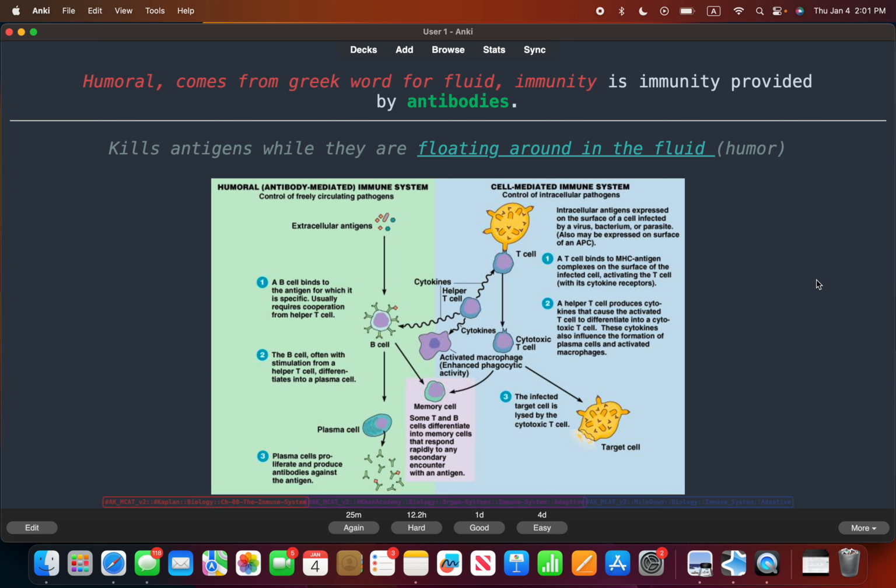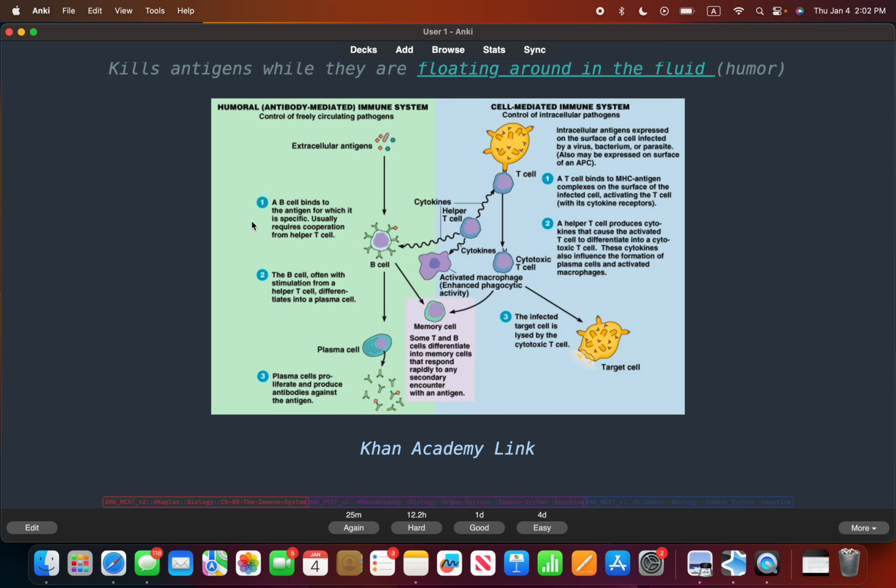These antigens are in the fluid in our blood, and the antibodies kill them while they are floating around. So on the left side, you can see that we have the humoral antibody-mediated immune system, the control of freely circulating pathogens,